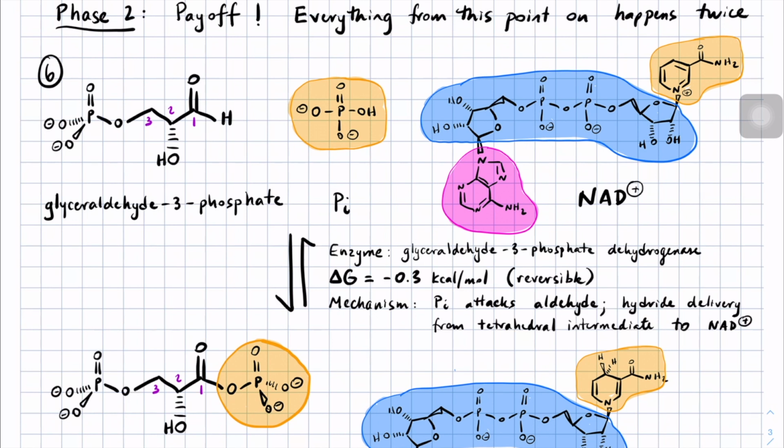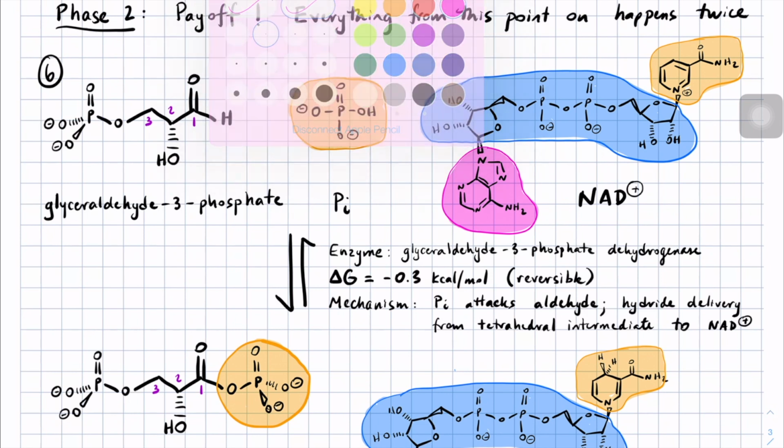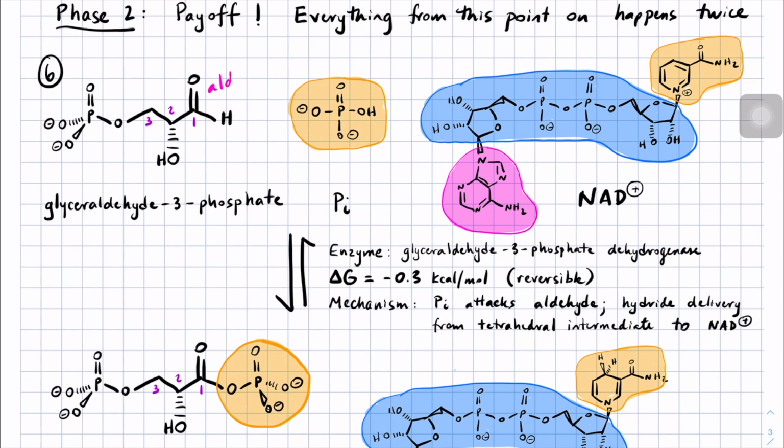In this reaction, we're going to have glyceraldehyde 3-phosphate react with a molecule of inorganic phosphate to generate 1,3-bisphosphoglycerate, and in the process we're going to oxidize the aldehyde to a